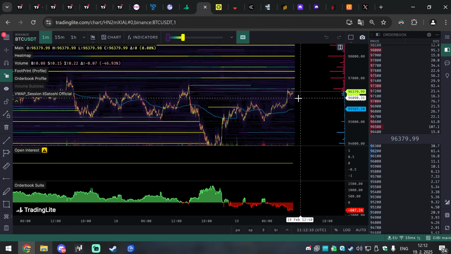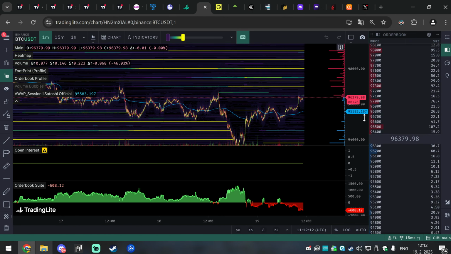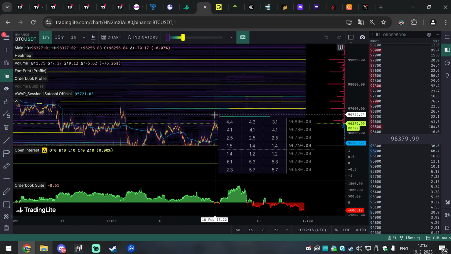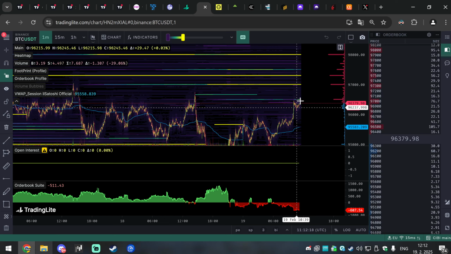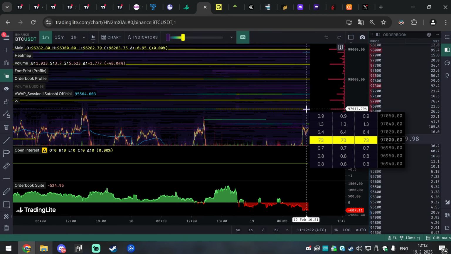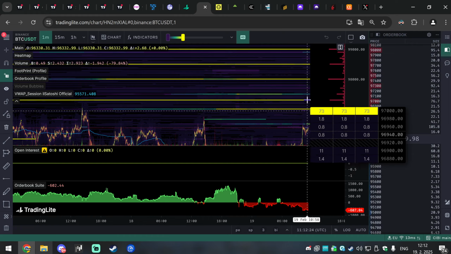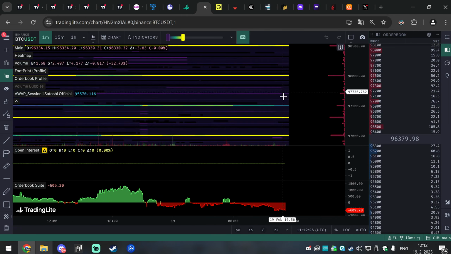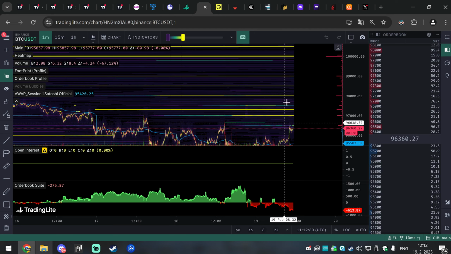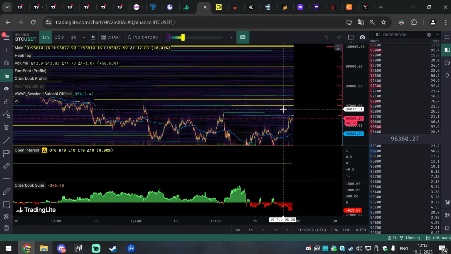Okay, so now we want to see proper buying pressure from Bitcoin. You can see it's not that hard to get to this high. Just these local walls are blocking here, but the main resistances are coming here. 97,000, this is like the first cluster. You can see also people have smaller walls here. But again, the harder part is starting for Bitcoin here. A lot of new buyers will be needed.